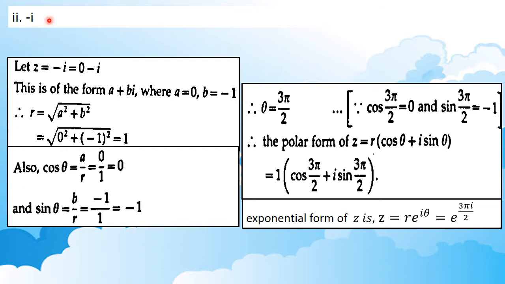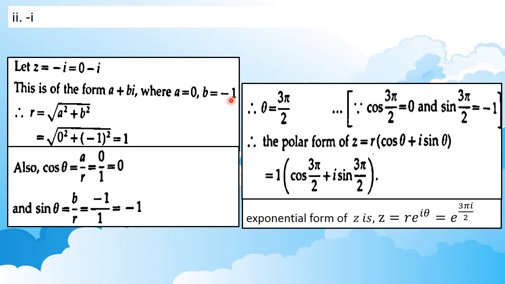Next question. Question number 2 I am solving here. Let z is equal to minus i, which is equal to 0 minus i. That means only the imaginary part exists here and the real part is 0. And a is equal to 0, b is equal to minus 1. a 0 and b minus 1 means the angle lies on the negative y axis. That is, a 0 and b negative 1. a 0 means the line is passing through, or coinciding with, the negative y axis,